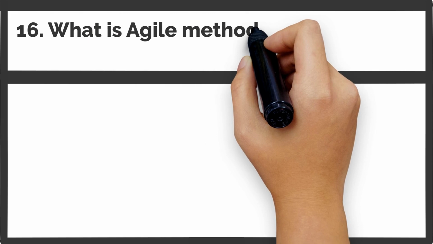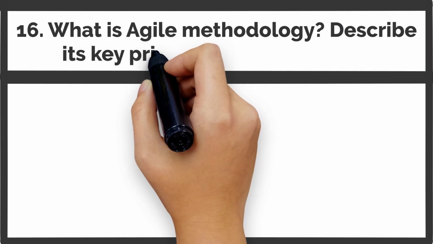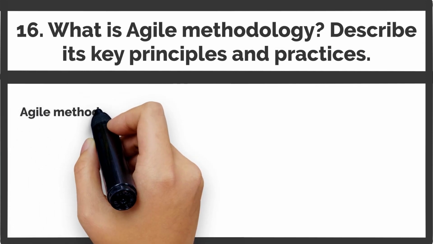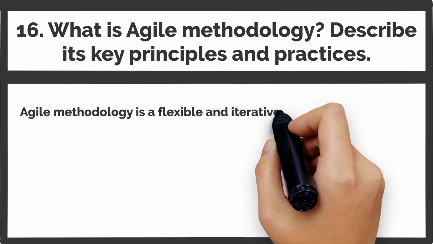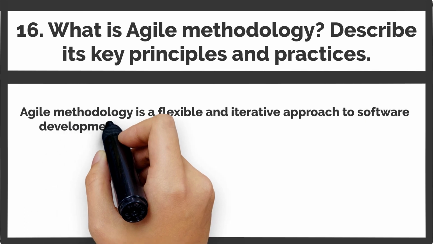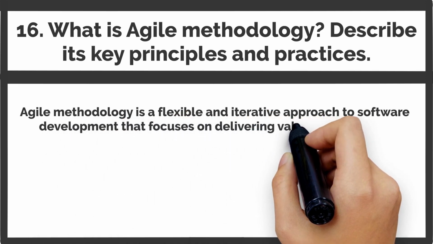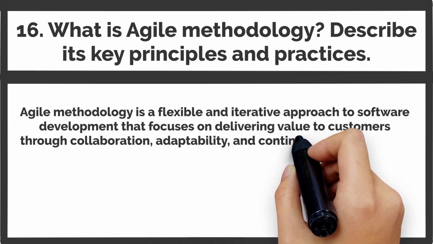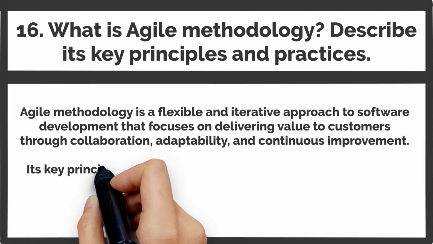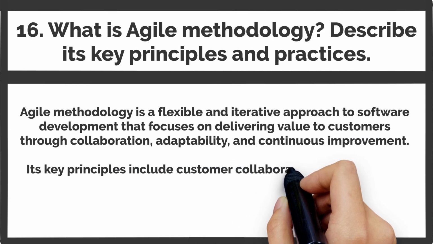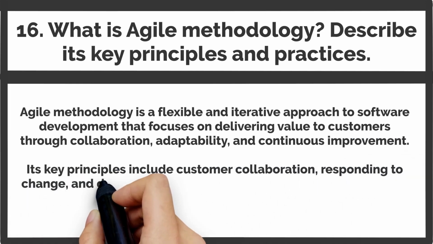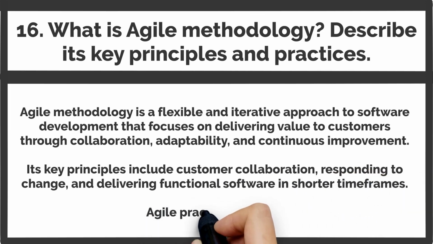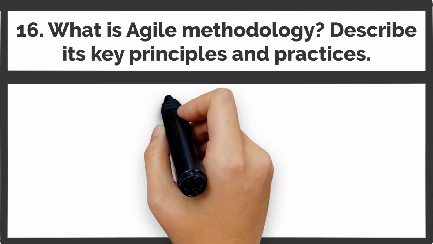16. What is Agile methodology? Describe its key principles and practices. Agile methodology is a flexible and iterative approach to software development that focuses on delivering value to customers through collaboration, adaptability, and continuous improvement. Its key principles include customer collaboration, responding to change, and delivering functional software in shorter time frames. Agile practices involve: